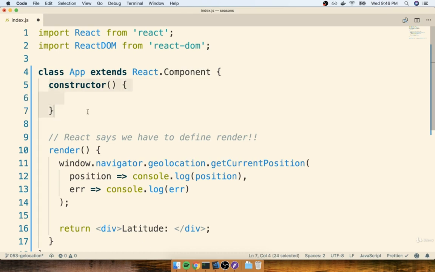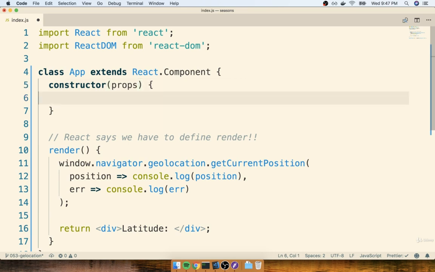I'm going to show you another method of initializing state in just a moment, but for right now, we'll just stick with this way because you're going to see a lot of blog posts and documentation that shows you how to initialize state using this method right here. Now, when we define the constructor method, it's going to be automatically called with the props object. And yes, this is the same props object that we saw previously with our functional component.